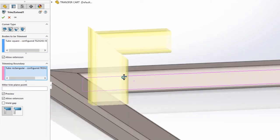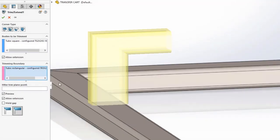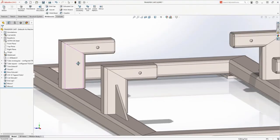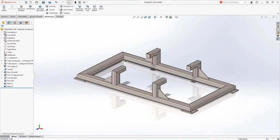corner type, but previously in 2020 and before, when we were doing a miter cut, we only had the same angle or half angle option. Now we have a full flush miter. And what that does is that when you have different sizes of weldments, it doesn't create the same angle between the two, but calculates the angle required to do a flush system. In this case, because all the other components were a mirror and a pattern of the original one, that